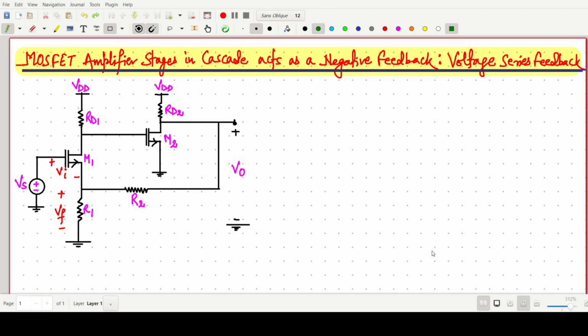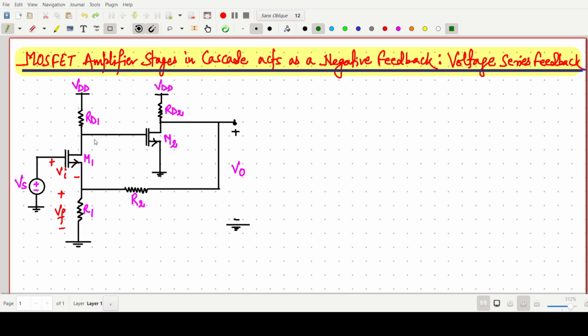Welcome everyone. In this video lecture, we will think about a concept: voltage series feedback. In this concept presentation, we will think about MOSFET amplifier stages in cascade acting as a negative feedback, that is our voltage series feedback. As per the name, there are two amplifier stages, which are two transistors here, M1 transistor and M2